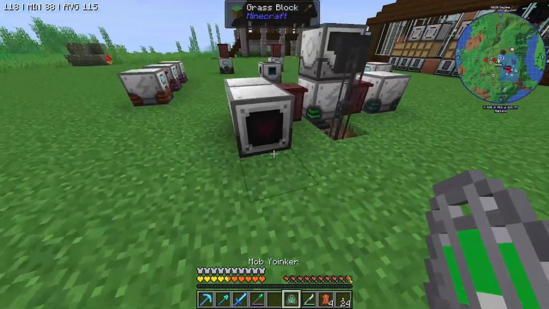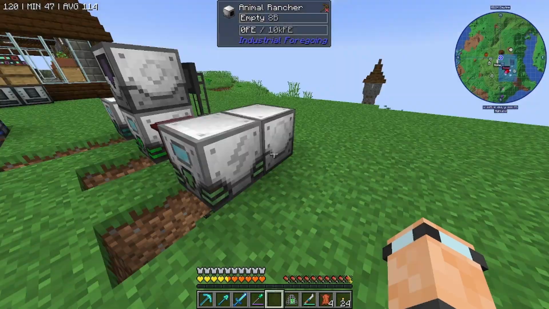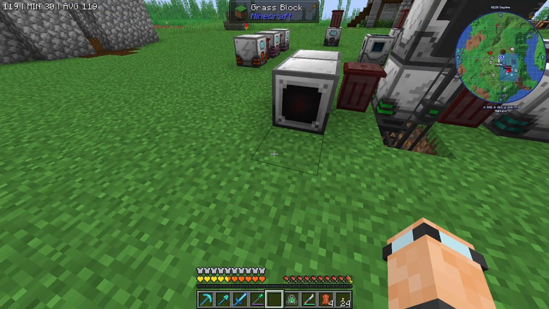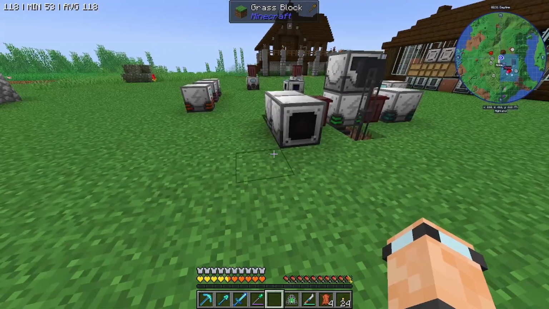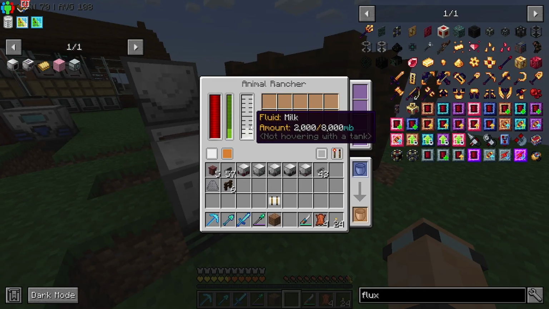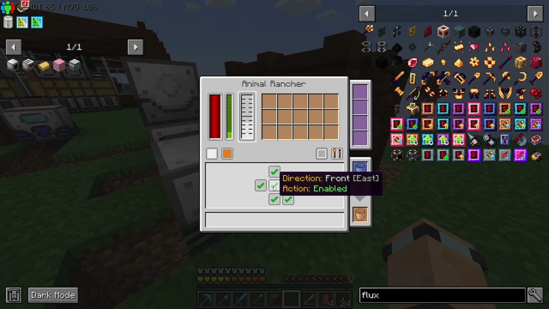And all we need to do is put a cow in front of this and power this. Yeah, all we need to do is power this and put a cow here. So we need to block the cow in as well, just for now. So fences, there we go. It's getting us some milk. And then what we can do is we can send this one,